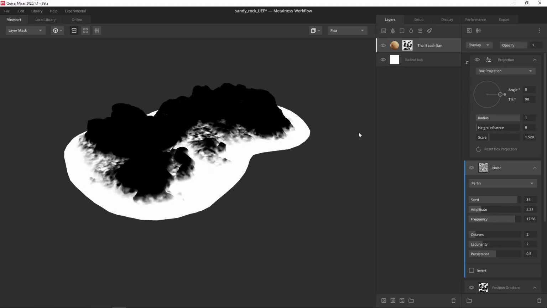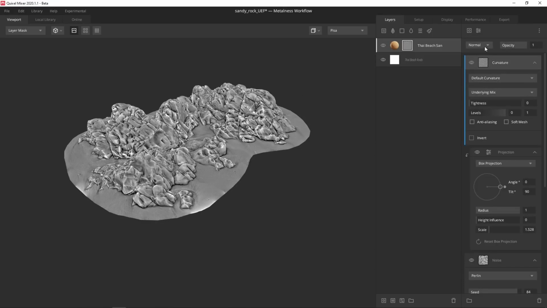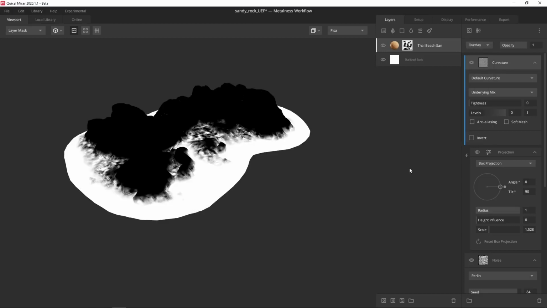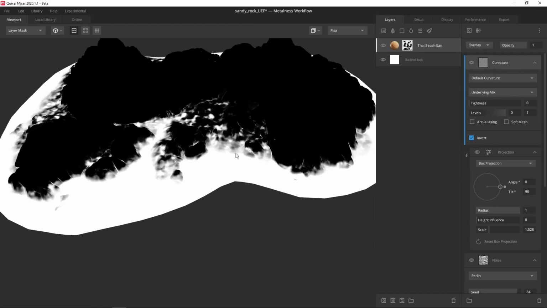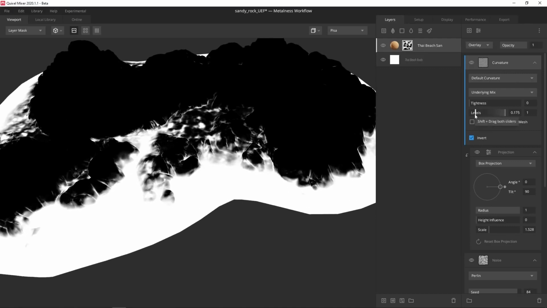So I think this is looking really good so far, but I think we can push it even further by bringing in another curvature component here and having the sand adhere to the cracks and crevices of this rock. So as you can see, now what we're getting is a really nice soft transition of the sand creeping up the side of the rock and adhering to some of the cracks and crevices in the rock